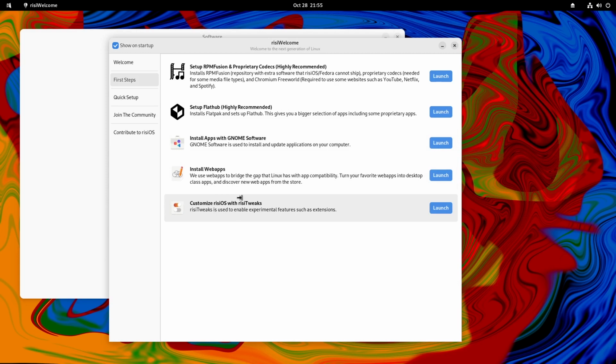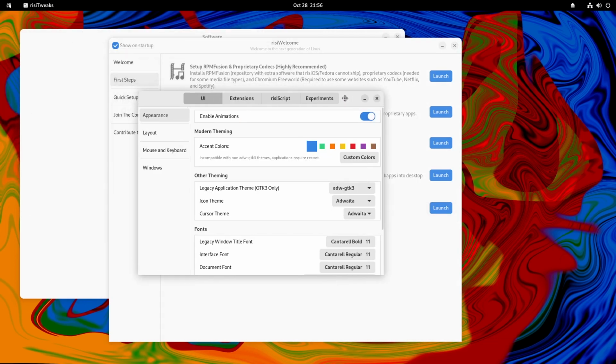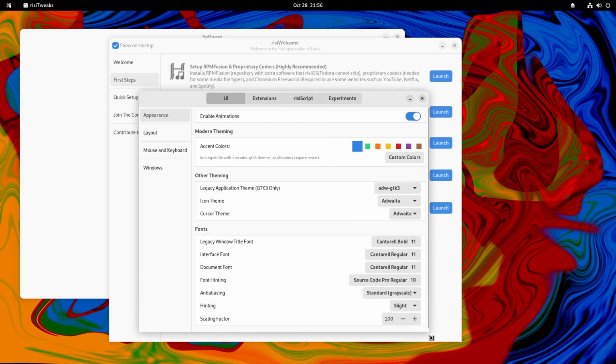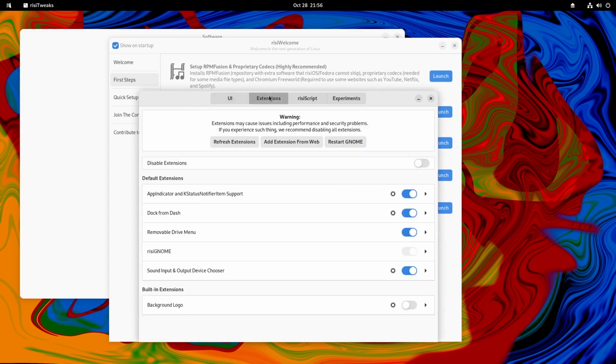Okay, and then RisiOS has RisiTweaks. In GNOME we have GNOME Tweaks, and the RisiOS has RisiTweaks. It's different from the GNOME Tweaks because in this RisiTweaks window we can change the UI, and we can see the extensions, install and activate the extension from here.